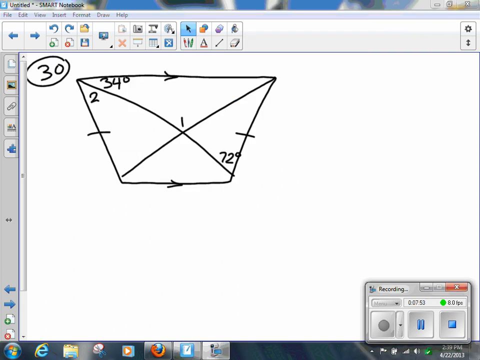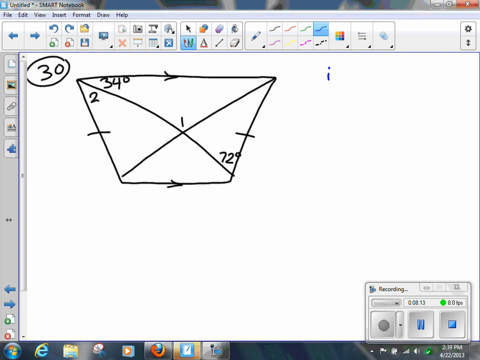Especially because we had lots of questions on this one. Number 30. All right, so I look at this and I go, there's only one pair of parallel sides, which means it's a what? It's a trapezoid. What kind of trapezoid is it? It has the congruent mark, so what's that mean? It's an isosceles trapezoid,